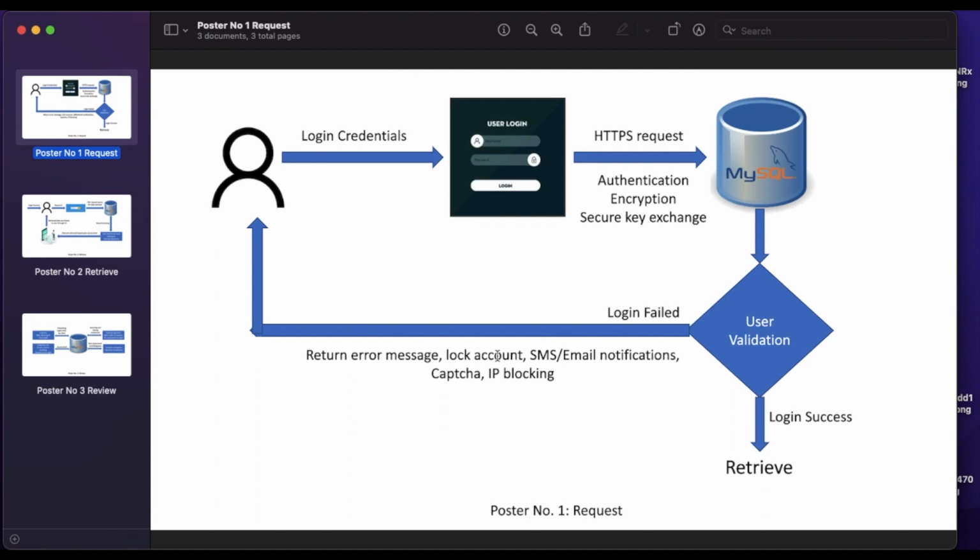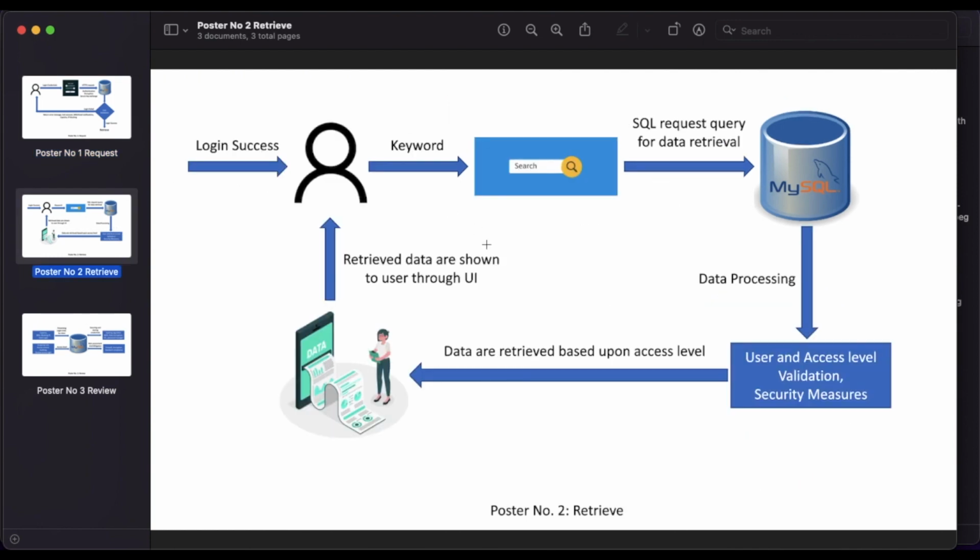Or we can block that particular IP so that further unauthorized login attempts wouldn't be made. So here you can see it's a complete flow chart that denotes the request model. The user with correct credentials is given access to the retrieve screen, from where they will retrieve the data according